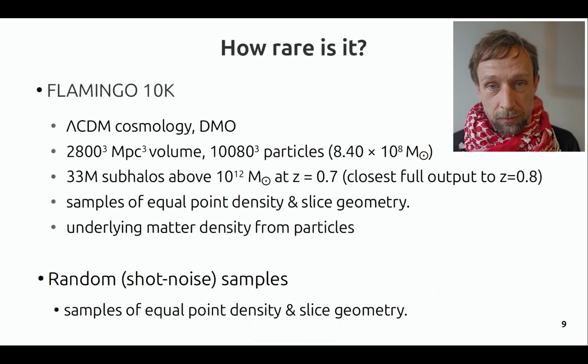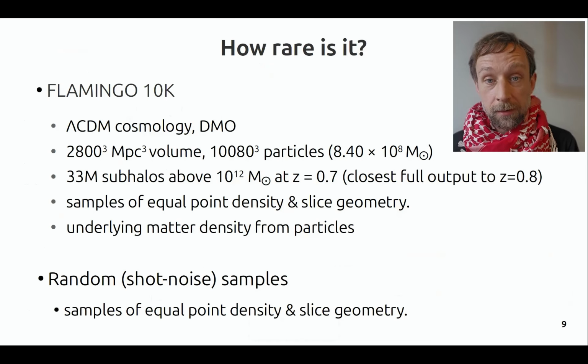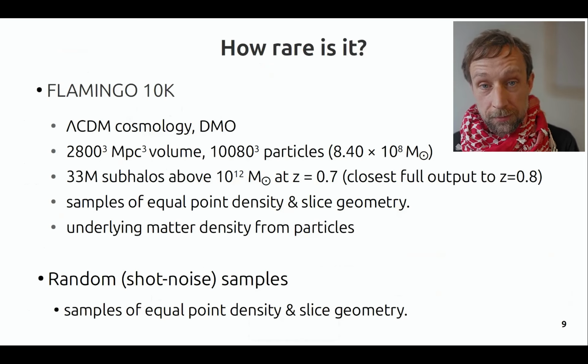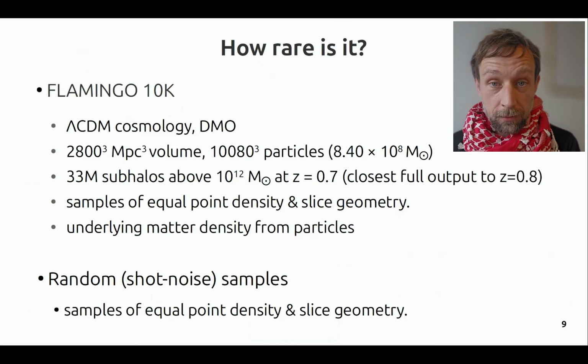It spans 2.8 co-moving gigaparsecs along one side and is resolved with 10,000 cubed particles, so it's also a very high resolution simulation that allows us to resolve all the halos that could potentially be magnesium-2 absorbers. And we consider the output at redshift 0.7 for most of the plots that I'll show today. And that's because there we have the full particle information, which we will also use. But in the paper we also discuss basically the structures that we find at other redshifts and also on different